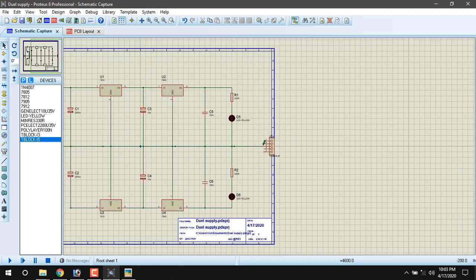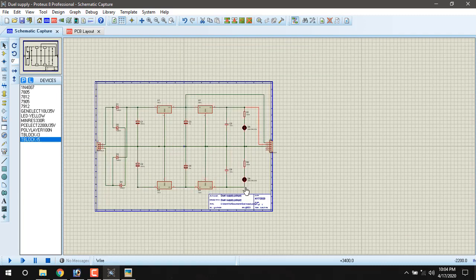So 3 is connected here. The output of 7805 is plus 5 volt. The output of 7812 is plus 12 volt.